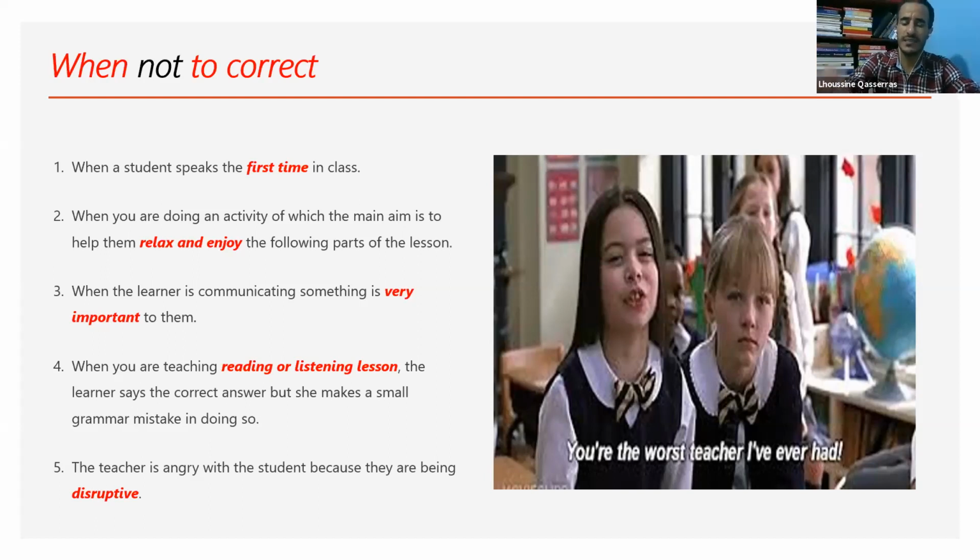And some teachers do this with 2 types, with the fast learners and with troublemakers. When fast learners, high achievers, speak, the teacher corrects them to show that he is the boss.